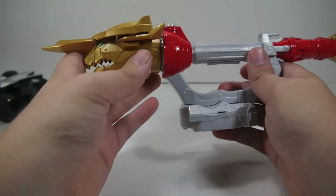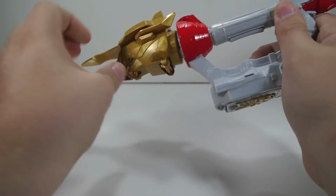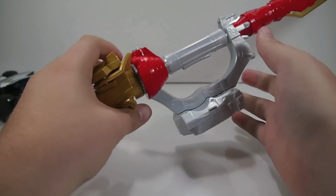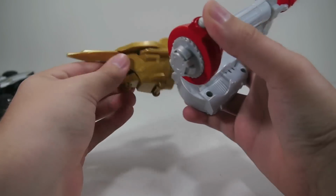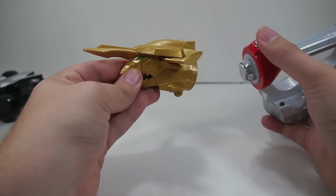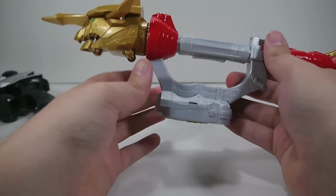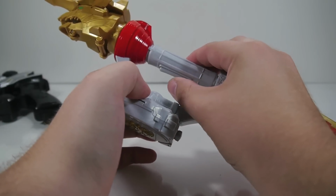But yeah, it includes the same Ultra Dragon Zord that comes with the Ultimate Blaster. So if you're just looking to get this, you can pick one or the other. That doesn't really matter. So just push this button down to let it go. And like I said, it's the exact same Ultra Dragon Zord. So if you're just looking for the Zord, pick one or the other. Don't buy both unless you really want both. Sound-wise, you do get